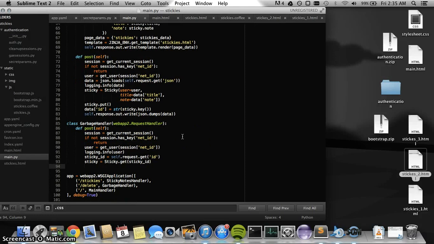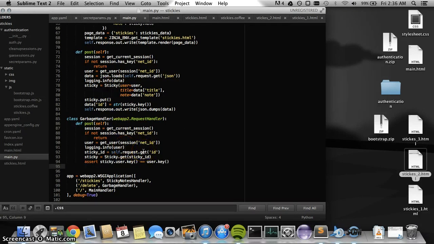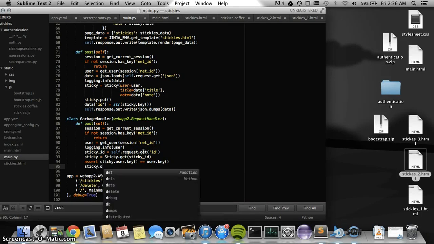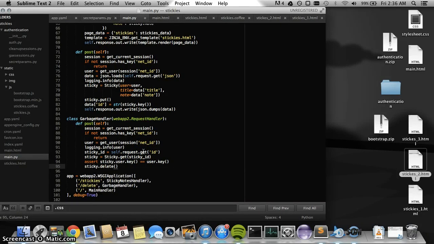But I'm not going to check for that over here right now, because the only time someone would actually try to delete someone else's sticky is with malicious intent. I'm just going to write an assertion to be lazy over here. So the code will crash over here if someone tries to delete someone else's sticky. But if it passes through that,